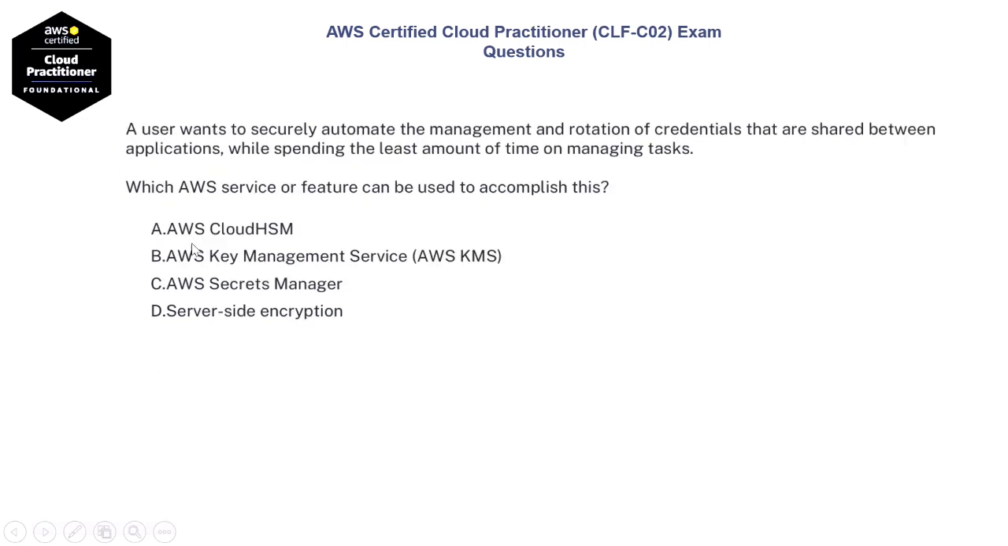Next question. A user wants to securely automate the management and rotation of credentials that are shared between applications while spending the least amount of time on managing tasks. Which AWS service or feature can be used to accomplish this? Option A, AWS CloudHSM. Option B, AWS Key Management Service. Option C, AWS Secrets Manager. Option D, Server-Side Encryption. The right answer is